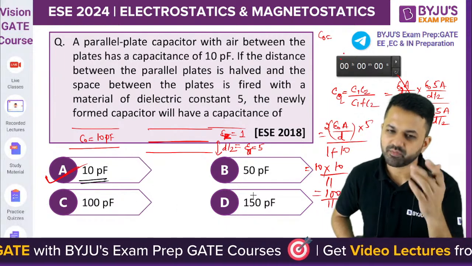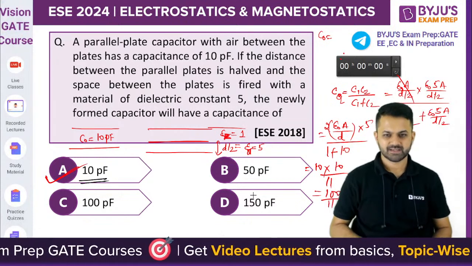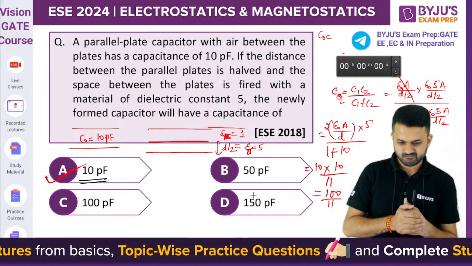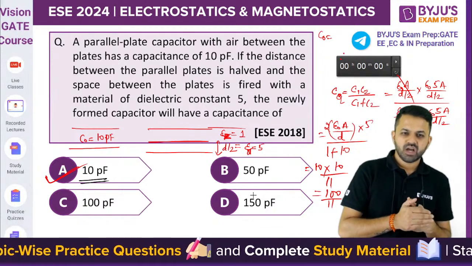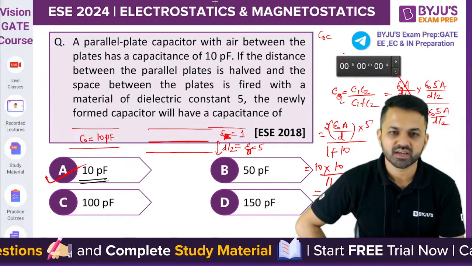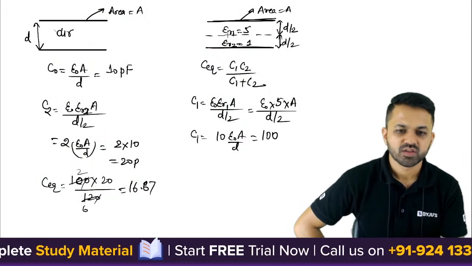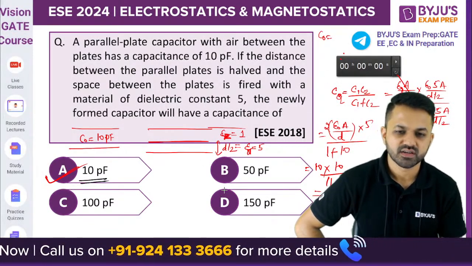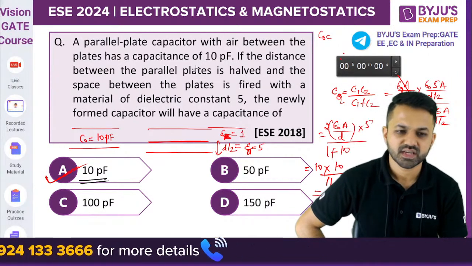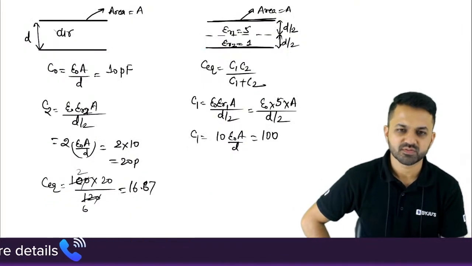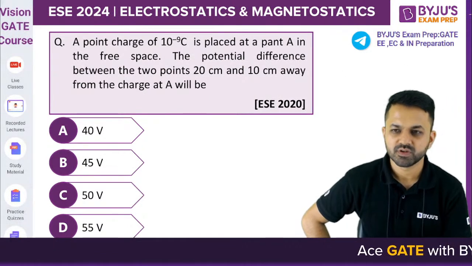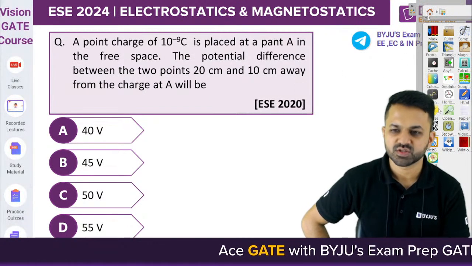आई थिंक इसको पैरेलल लेके सॉल्व किया है। इफ द डिस्टेंस बिटवीन, एक्चुअली यहाँ पे हाफ ऑफ द डिस्टेंस, मेरे ख्याल से इसको पैरेलल लेके उसने सॉल्व किया हुआ है, तो अगर मैं इसको पैरेलल लेके सॉल्व करूँ तो 120 आएगा, डायरेक्टली ऐड हो जाएगा, तब भी नहीं आ रहा है। ठीक है, तो आई थिंक इसमें ऑप्शंस पे कुछ मिस्टेक है, एक बार चेक करता हूँ, आप लोग इसको सॉल्व करो तब तक मैं उसको चेक करता हूँ। व्हाट इज द पोटेंशियल डिफरेंस बिटवीन दीज टू पॉइंट्स।